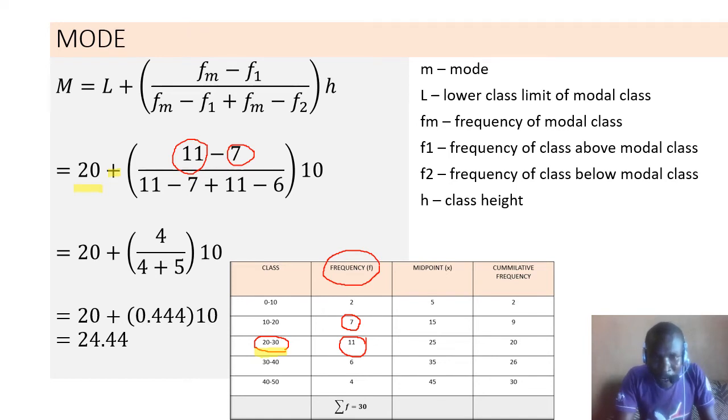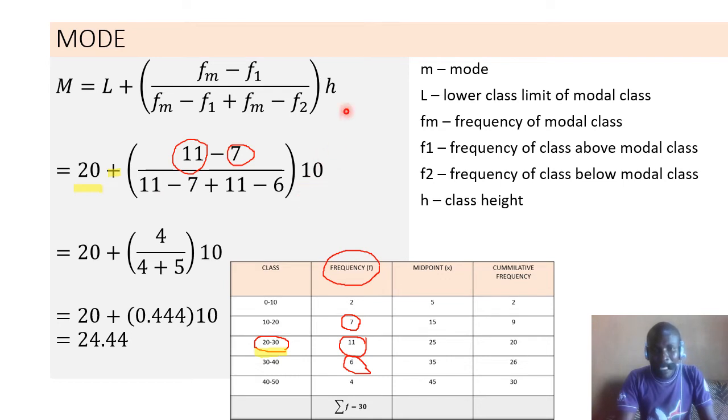Now how do we get F2? For F2 we said it is the frequency of the class below the modal class. If 20 to 30 is the modal class, the frequency below that we get is 6. That is why we have included 6 here. Now the next and most important part: once you close all this with a bracket,